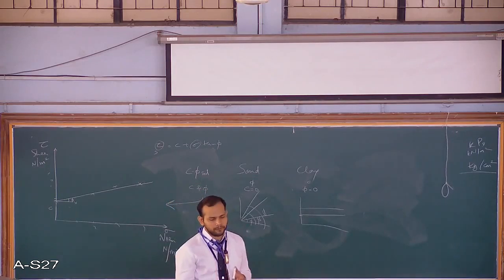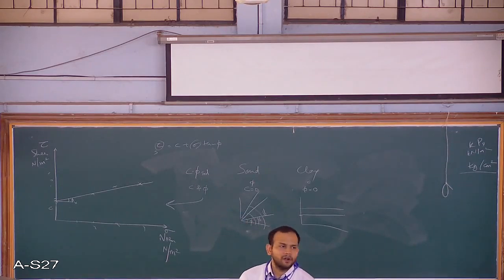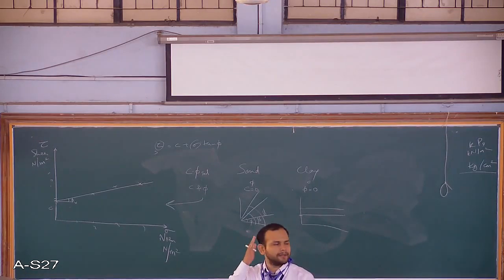So if in the problem, they sometimes say it's a pure sand, it's a pure clay, or if they do not mention anything, we'll get C and phi. So you have to keep this in mind. Whenever the problem is given, try to read the data properly. Try to first identify what type of soil it is. If it is very clear to you, pure clay or pure sand or C-phi soil, the next thing which should come to your mind is the graph. How will it look? Accordingly, you should start plotting. If you don't have a clear picture of that graph in your mind, what happens in different types of soil, you will end up doing lots of mistakes.